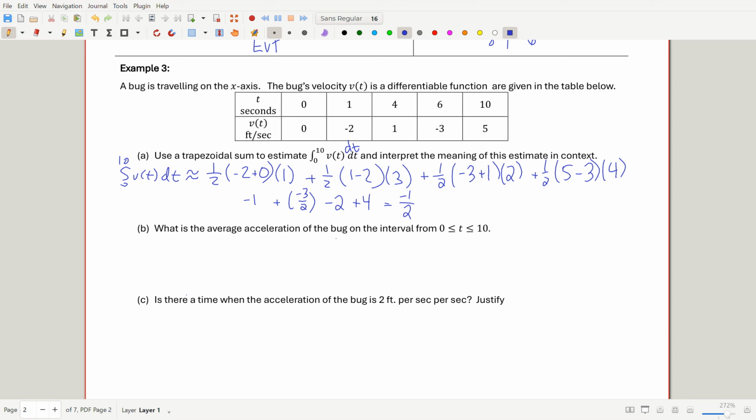So what does that mean? What does the integral mean? We're just going to use the word about. So what did we figure out? Displacement, yeah. So remember to always put your limits in there. If you're taking a derivative at a point, you've got to say at t equals that number. If you're integrating over an interval, then you have to say during the time interval between 0 and 10. So during the interval